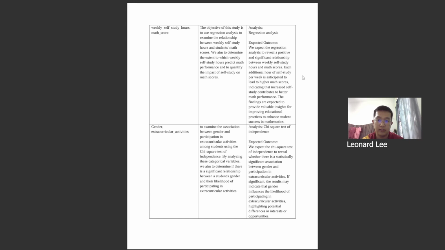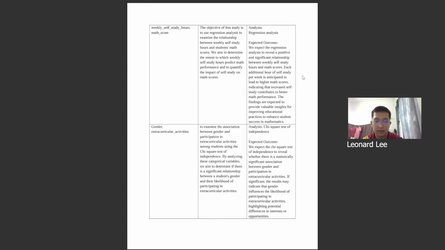self-study on math scores. The expected outcome from this analysis is to reveal a positive and significant relationship between weekly self-study hours and math scores. Each additional hour of self-study per week is anticipated to lead to higher math scores, indicating that increased self-study contributes to better math performance. The findings are expected to provide valuable insights for improving educational practices to enhance student success